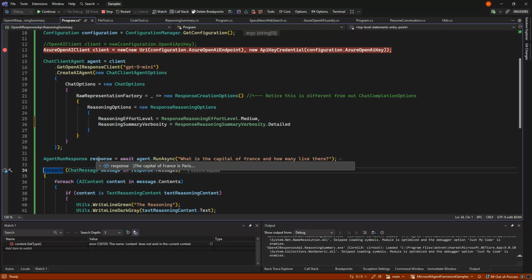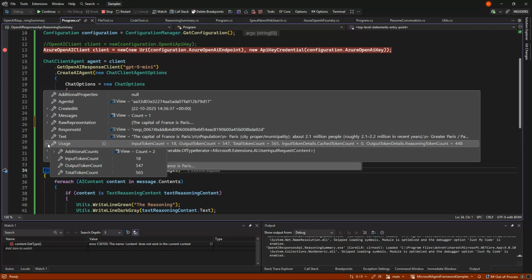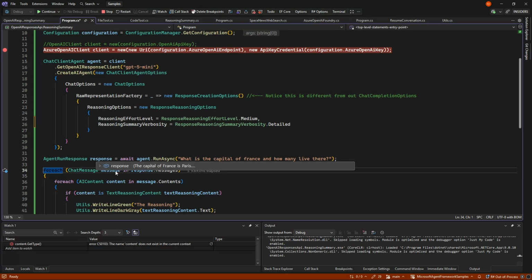Our response in this case is just the capital of France is Paris. That's okay, and we can see the usage: we used 448 reasoning tokens.